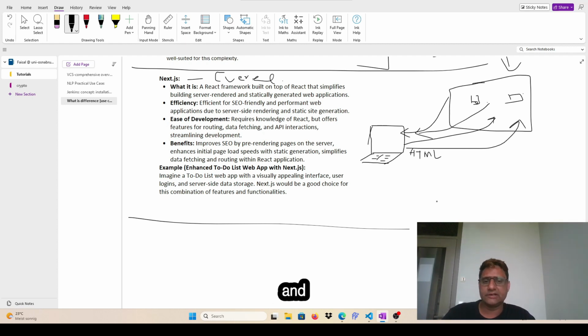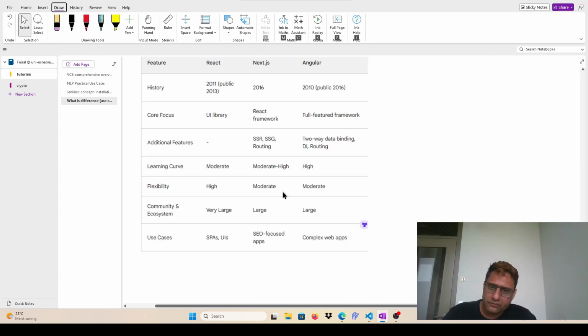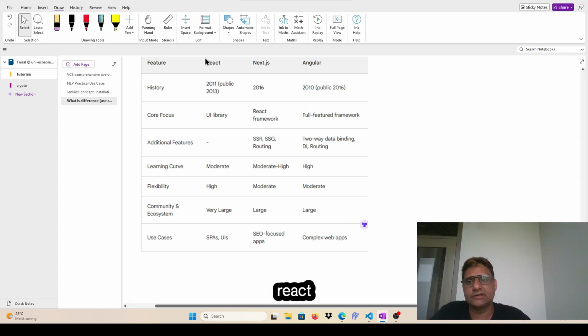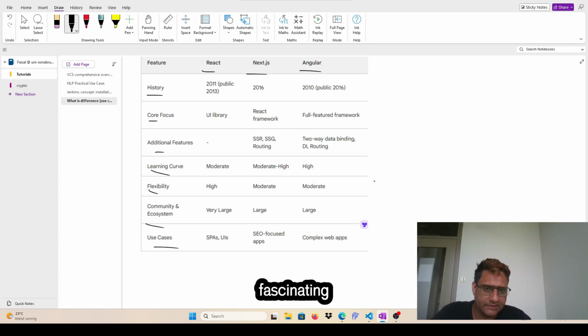And in the end, maybe I could give you a small table where you can pause the video and get an overview of what's happening. If you want to know in tabular format what React offers feature-wise in these three modules right now, because HTML and CSS are very basic, I don't want to cover them. But if you want to compare with respect to history, core focus, additional features, learning curve, flexibility, ecosystem and use cases, you can just pause the video and have a look at this. It's very fascinating,